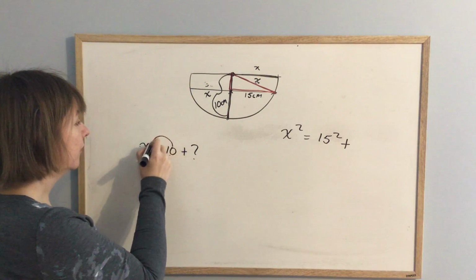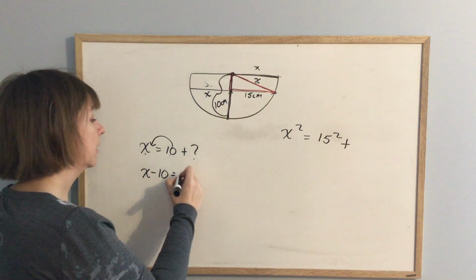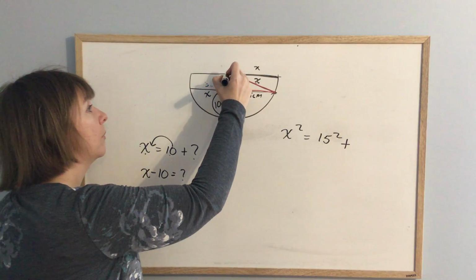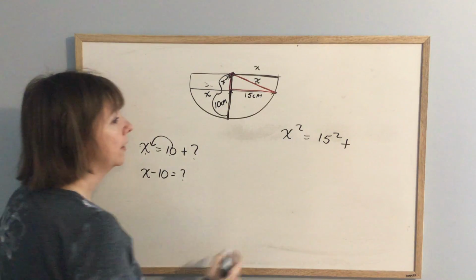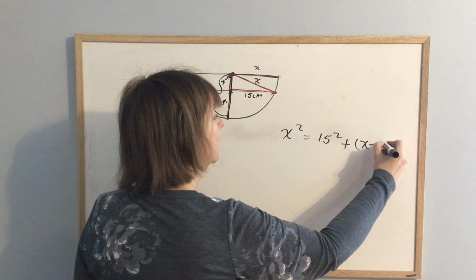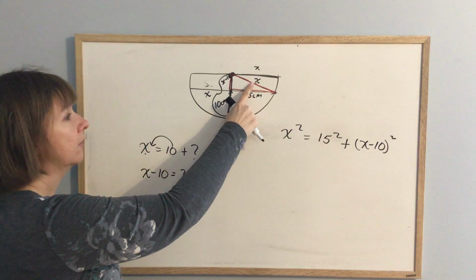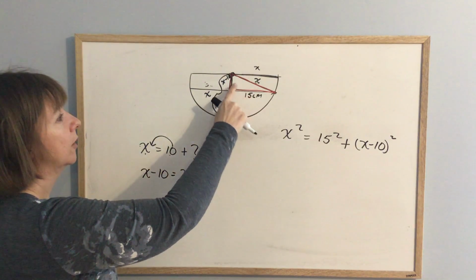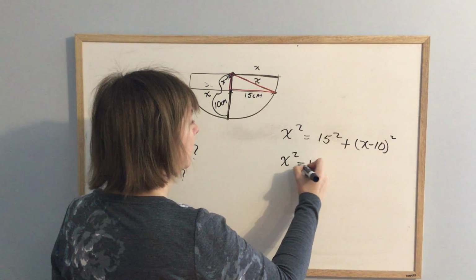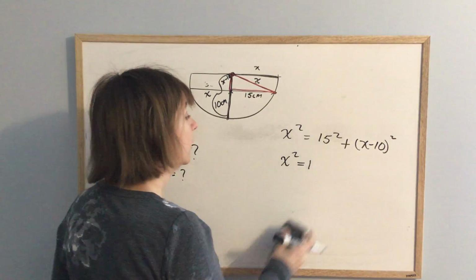Well, let me just rearrange this. If I move this over here, I have x minus 10 is equal to whatever that little piece is. So this I could label x minus 10. Hopefully you can see that. So the other side of this little right angle triangle is x minus 10. So I have the hypotenuse, which is x squared, is equal to 15 squared plus x minus 10 squared. So now I have x squared is equal to 15, not 115, is equal to 15 squared